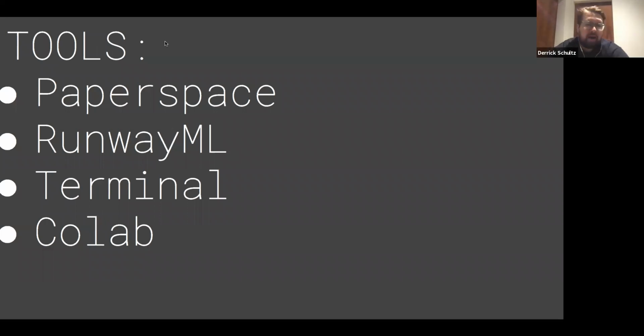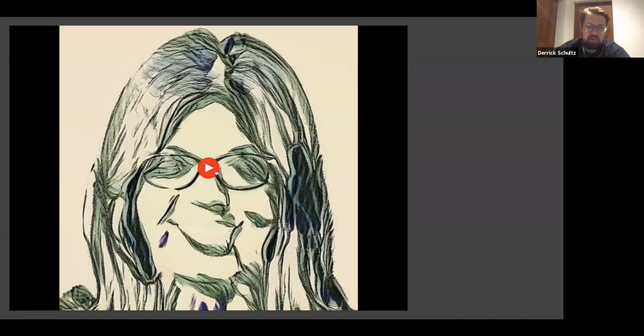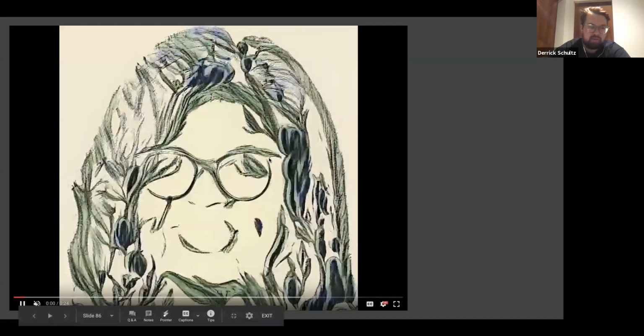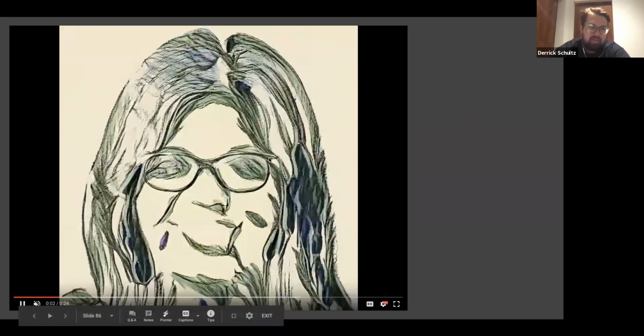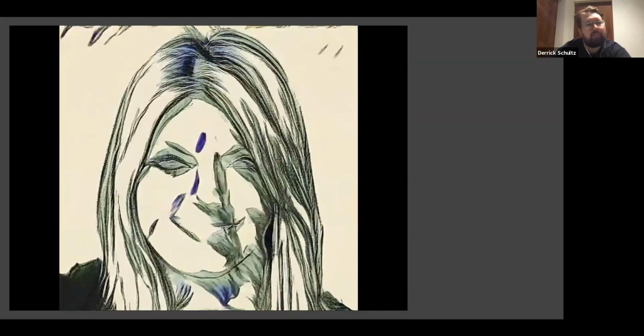So it depends on the model. For example, if you look at this piece, it's not very smooth, right? It sort of bounces around a lot. And that's because of the way I made it. It only looks at one frame at a time and it doesn't remember the frame before it.